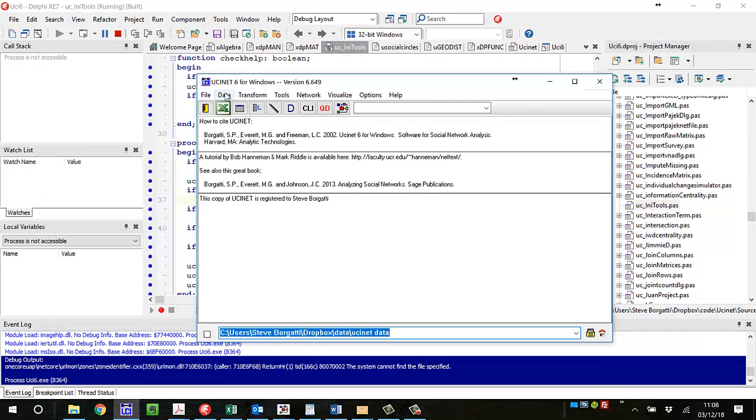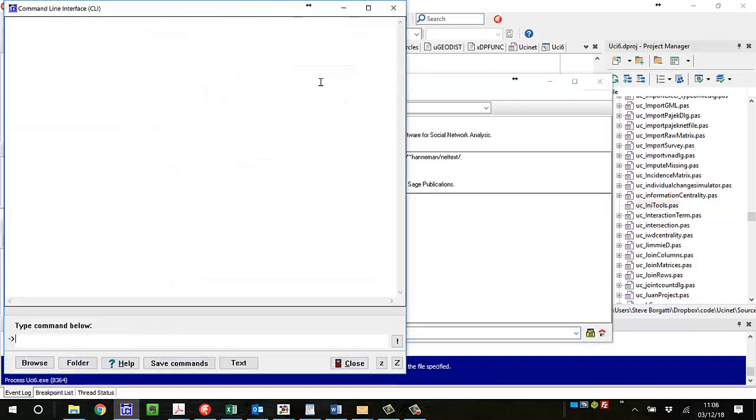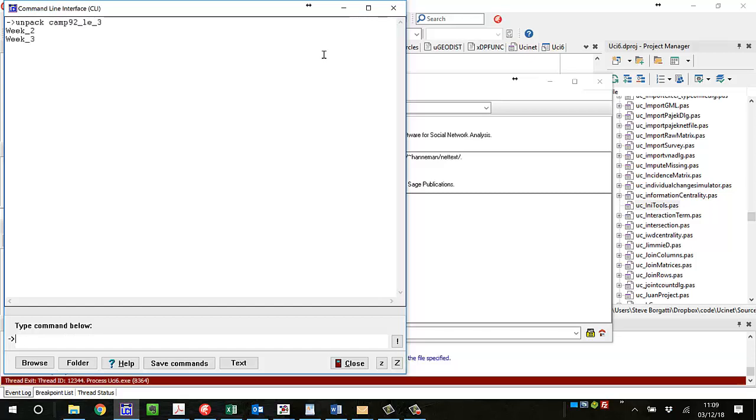And I'm going to unpack them. So I could go over to CLI and say unpack 92 less than or equal to 3. And there I have two separate matrices. Okay, now